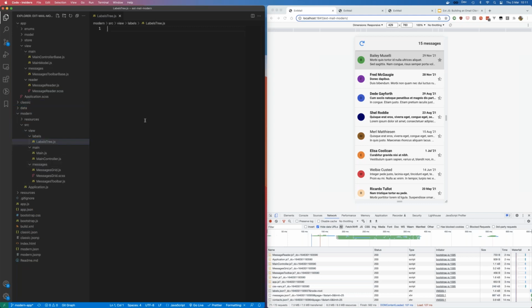So we've got the labels tree, and I'm just going to paste in code rather than type it, and I'll explain it. We've defined a new class called x-mail.view.labels.labels tree, and for this one we're going to extend the Ext.list.Tree class, which gives us the tree structure, and we've got an alias called labels-labels tree. This is a really simple component. There's only one config. We're specifying the defaults, and that is telling us that for every item in the tree, we're using the tree list item